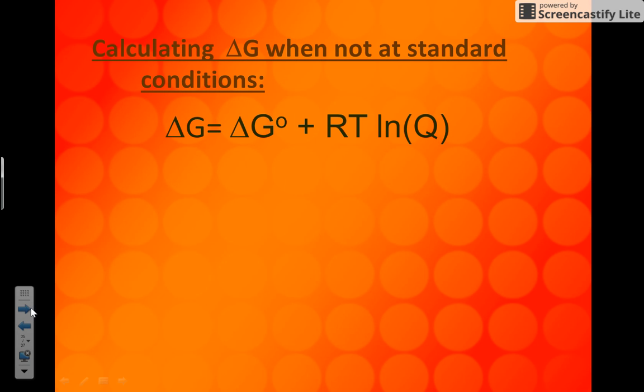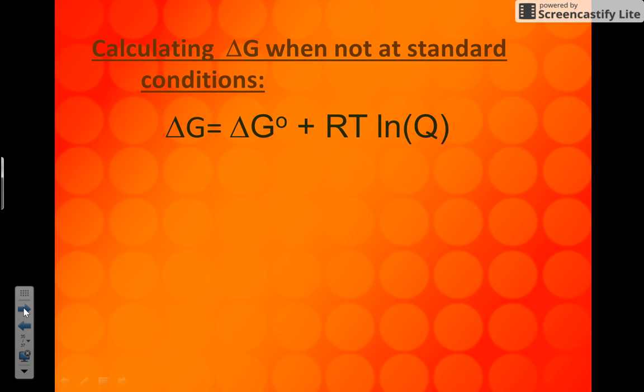Our last couple of slides here is calculating delta G when it's non-standard conditions. And again, we will do calculations with this, so for now just get the formula down. Delta G at non-standard conditions, notice there's no degree sign here, is equal to the delta G at standard conditions plus RT times the natural log of Q, which is your reaction quotient. Again, the products over reactants at initial conditions. Your T has to be in Kelvin,